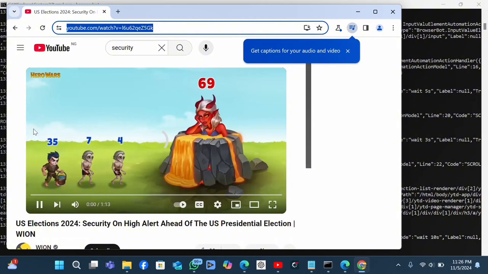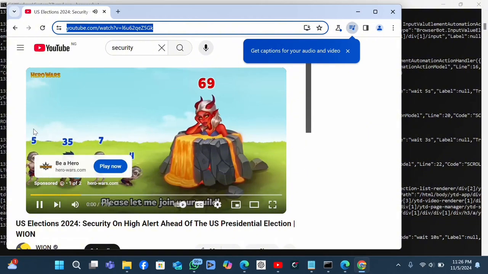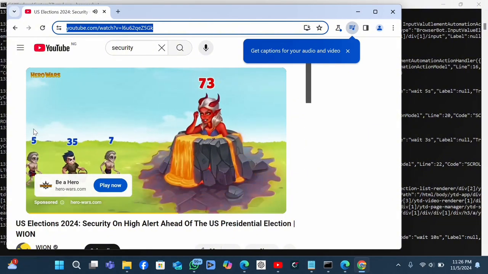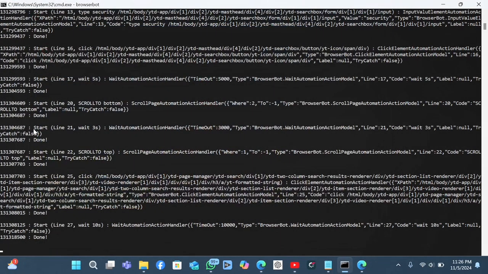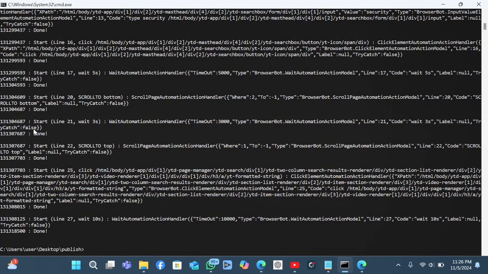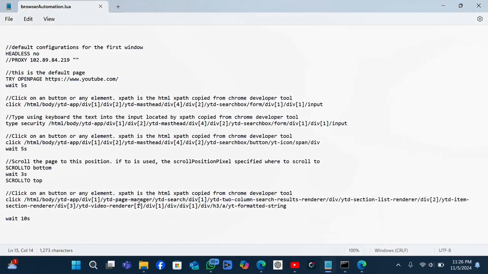But okay, but Please click on let me something. join your guild. I didn't know. I It's going want to to be a click on part of something. the I team. guess that's actually the first video he got on the this thing, on the result, probably because he was unable to see the this thing, the main